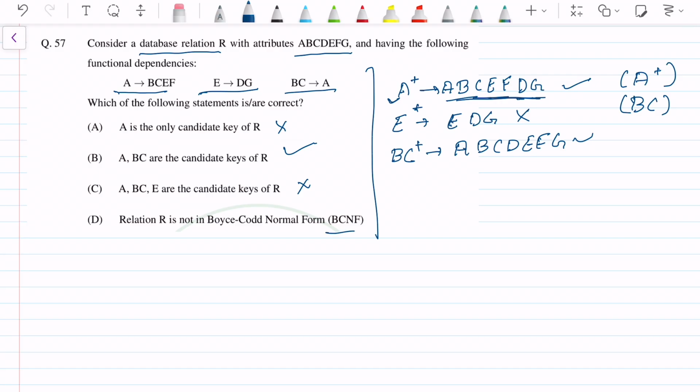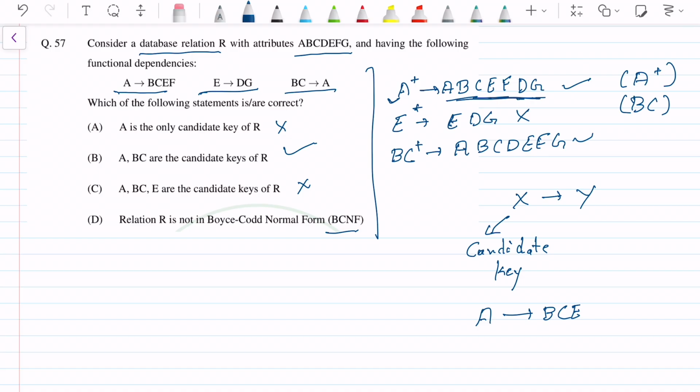Now for BCNF or Boyce-Codd normal form, क्या होता है कि if some attribute X determines Y, then for any non-trivial dependency, X should be the candidate key. Okay, X should be the candidate key, or Y should be a subset of the candidate key, but that is for the trivial case. Okay, तो अगर हम इन तीनों ऑप्शंस में देखें,